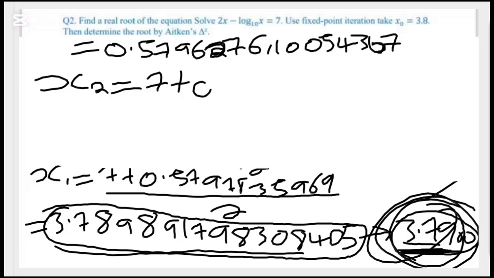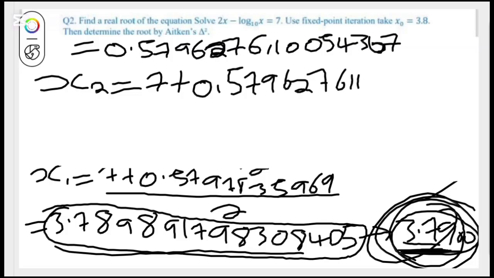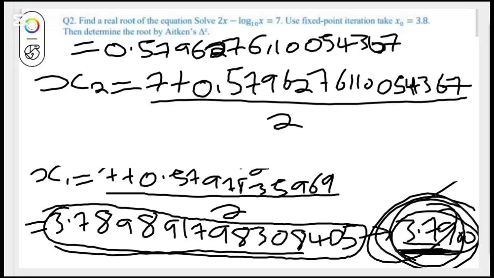Yes, I get 0.5796 divided by 2. After then, let me see what I should get. 7 plus answer divided by 2. So I will get again, which is